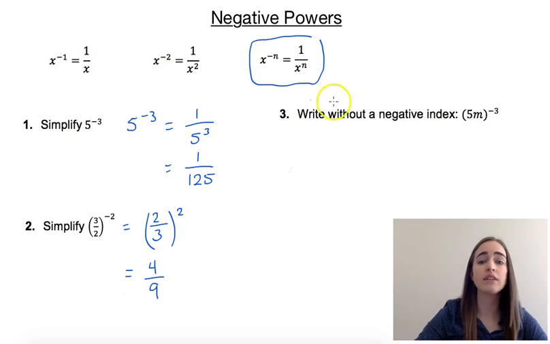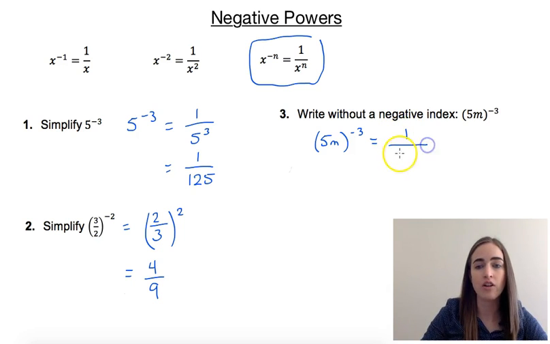Our third example asks us to write 5m, all to the power of minus 3, without a negative index. Because that power applies to that whole 5m term, that means that this whole thing is going to go into the denominator. So we're going to have 1 over 5m all cubed. Now we could expand that out as well to have it as 1 over 125m cubed. So we've got the cubed applying to the 5 as well as the m,